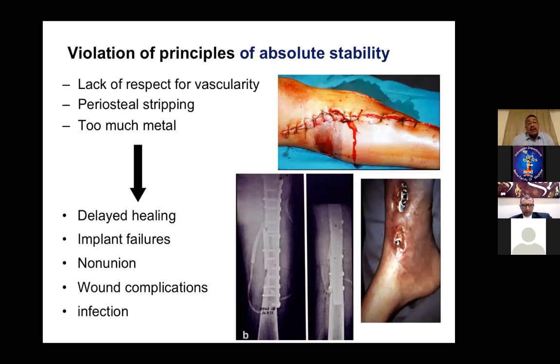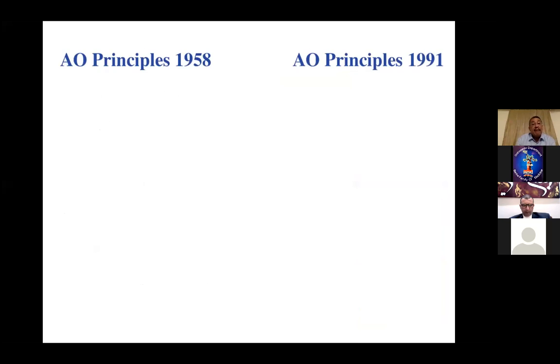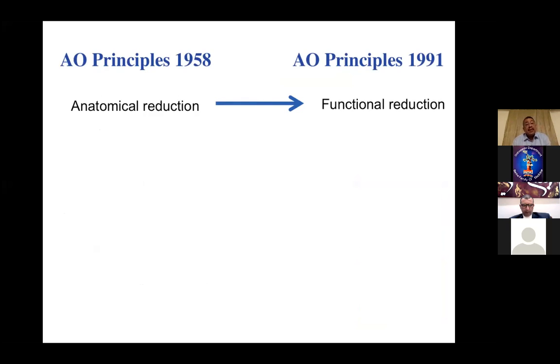In the past, the surgeons were fascinated by this type of bone healing, the direct bone healing under absolute stability. So they used to use it in all types of fractures, even in multifragmentary fractures. And we got these complications. And then the principles changed according to what they got from the documentation of cases and the outcome.